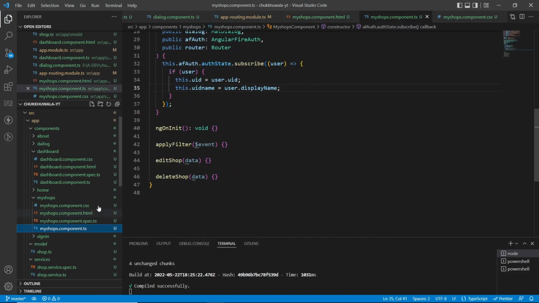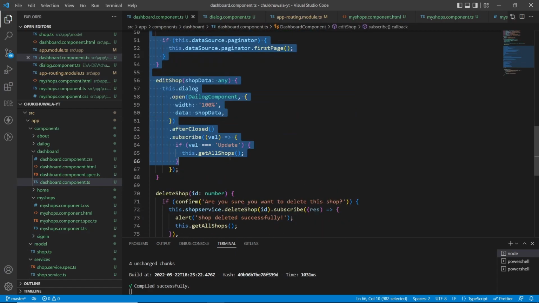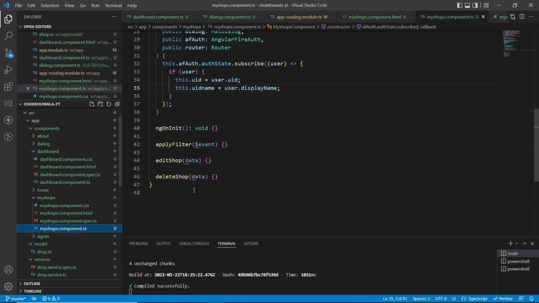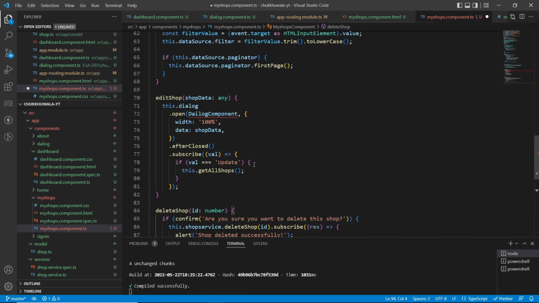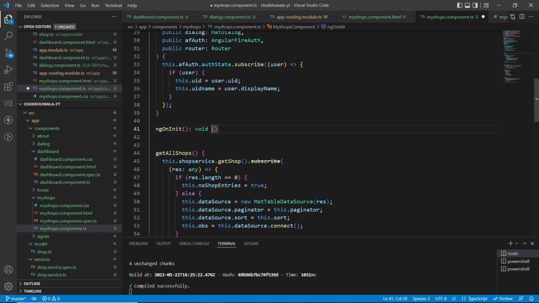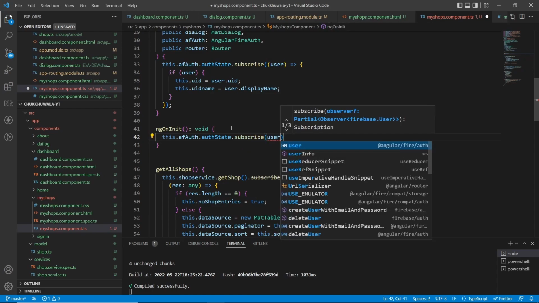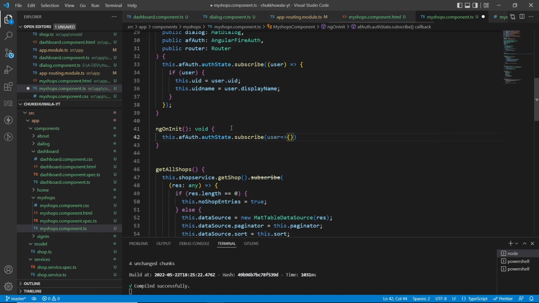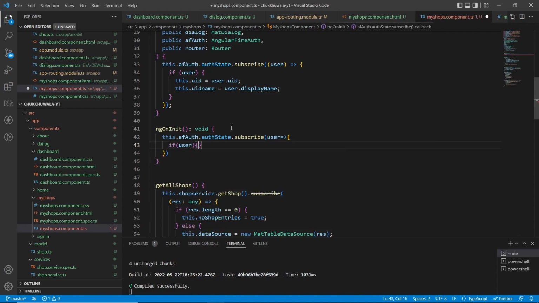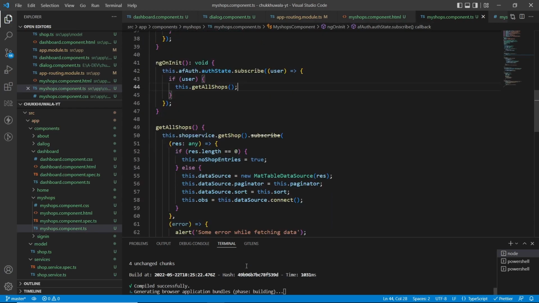So now go back to the component.ts file, go to dashboard.component.ts file and copy this same function again and paste it in myshop.component.ts. Okay, and we need to import this dialog component so all our errors are removed. And in the ngOnInit, I'll get the user auth state, so if user is authenticated, then I'll call this get all shop function, which will display all the shop details. Okay,